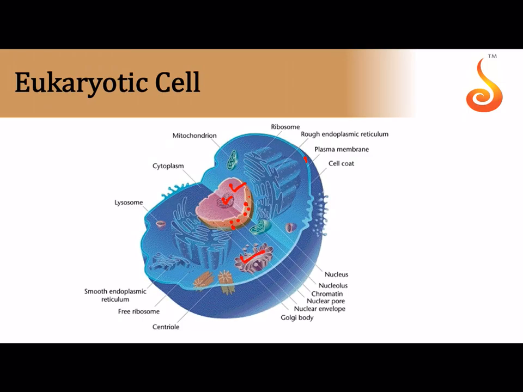For example, there is the Golgi complex very close to the nucleus. There is endoplasmic reticulum. There are mitochondria. If it is a plant cell, it will have a chloroplast. There are lysosomes, which are actually derived from the Golgi complex, which belongs to the endomembrane system. Sometimes the endoplasmic reticulum which has ribosomes on it is called rough endoplasmic reticulum. Those which do not have ribosomes on their surface are called smooth endoplasmic reticulum.